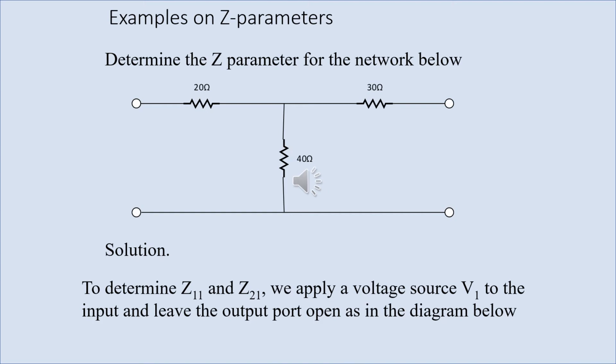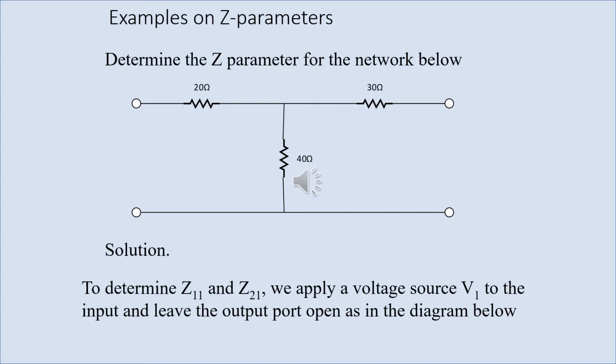In this example, we are asked to determine the Z parameter for the network shown below, and the network is a T network. To solve this, we have to calculate our Z parameters in pairs, and we'll first calculate our Z11 and Z21, because for Z11 and Z21, our I2 is set equal to